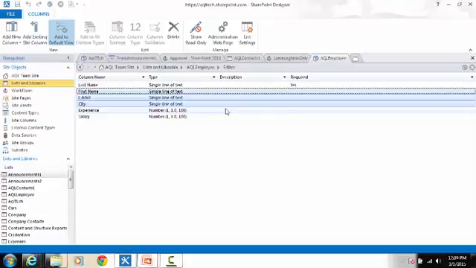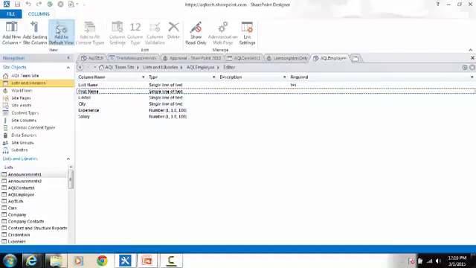Site columns means that they will already be in there. Site columns are created on the level of the site. If the site columns are created on the level of the root site, then every single site or subsite underneath it would actually have access to the site columns. So you can use them. So I just saved it. Let's go back to